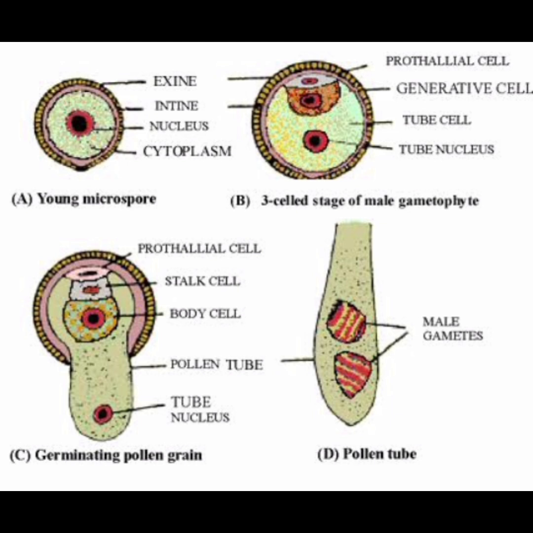So there are the generative cell and the tube cell, and these are produced from the antheridial cell, whereas the prothallal cell remains like that. So the microspore becomes three-celled. It is in this three-cell stage that the microspores are liberated from the microsporangium seen in the male cone. Further development of the three-celled microspore takes place in the pollen chamber of the ovule,